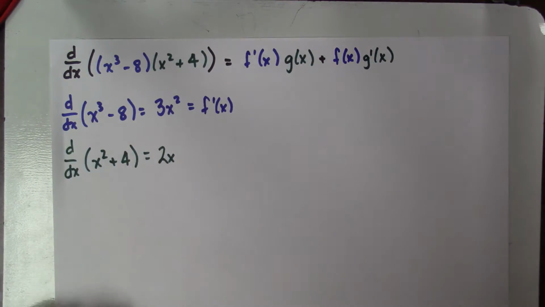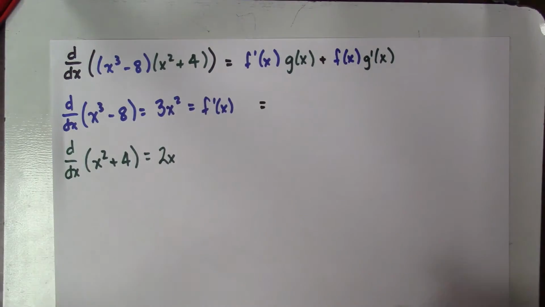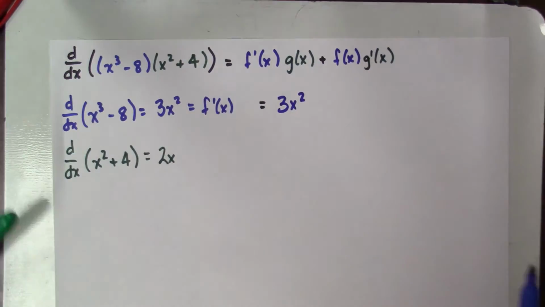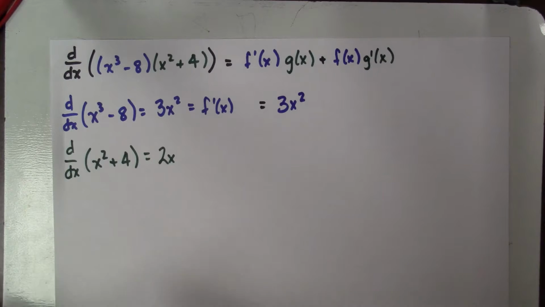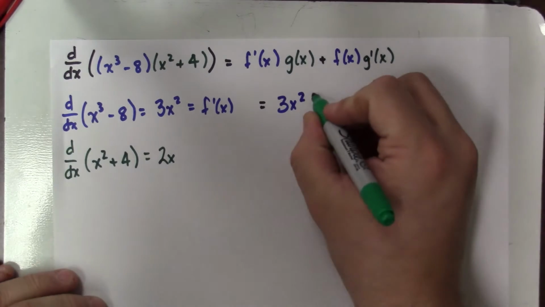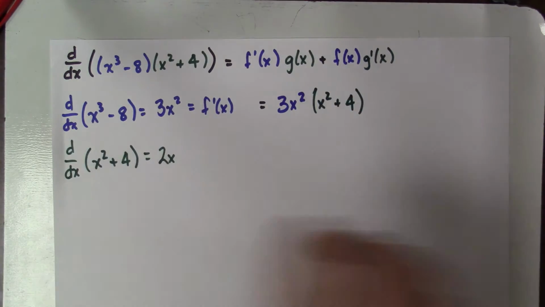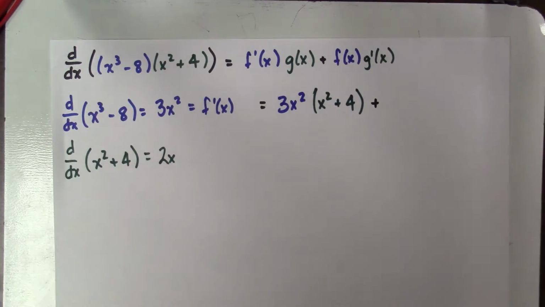Now, I'm just going to play the substitution game. So I've got 3x squared times x squared plus 4 plus